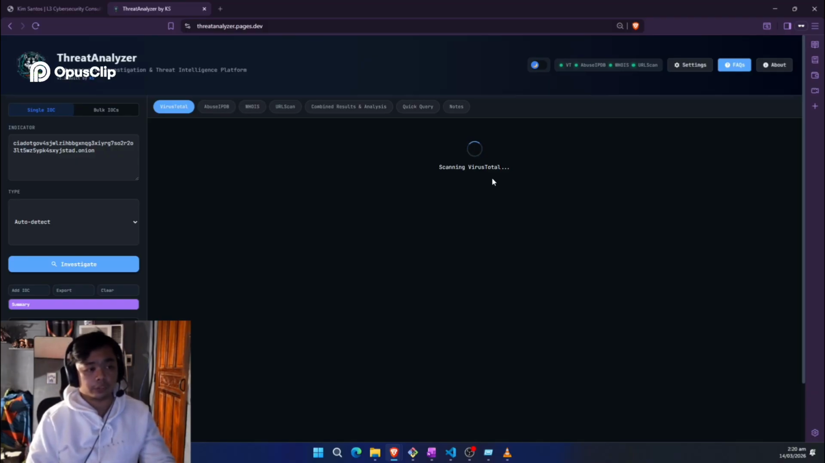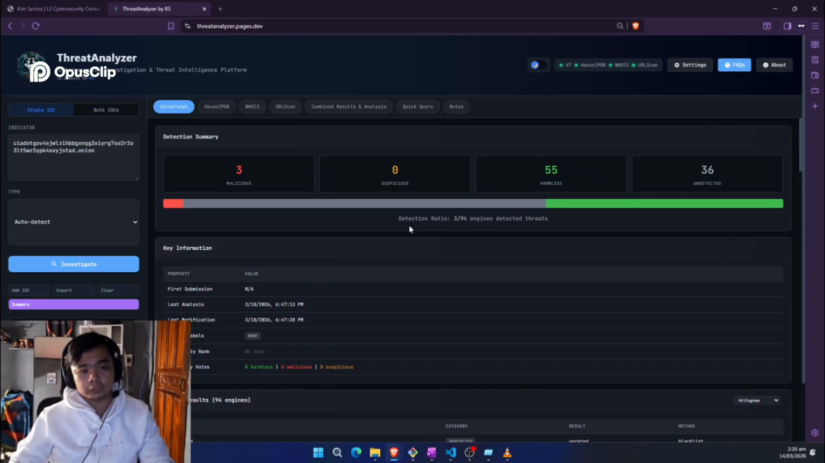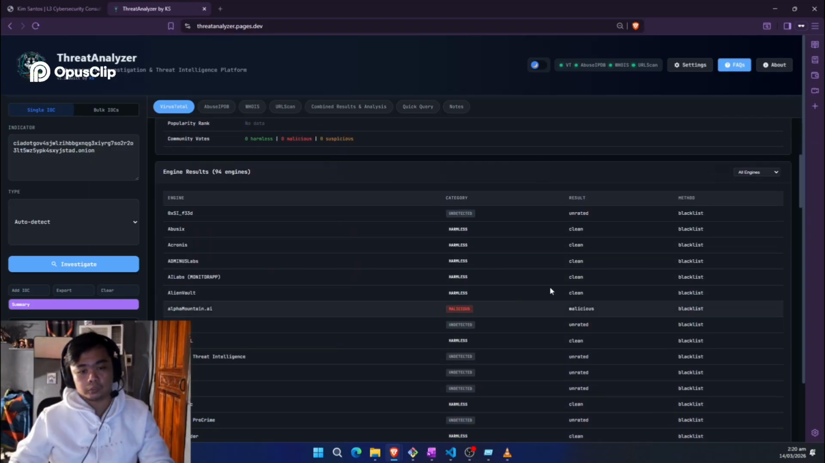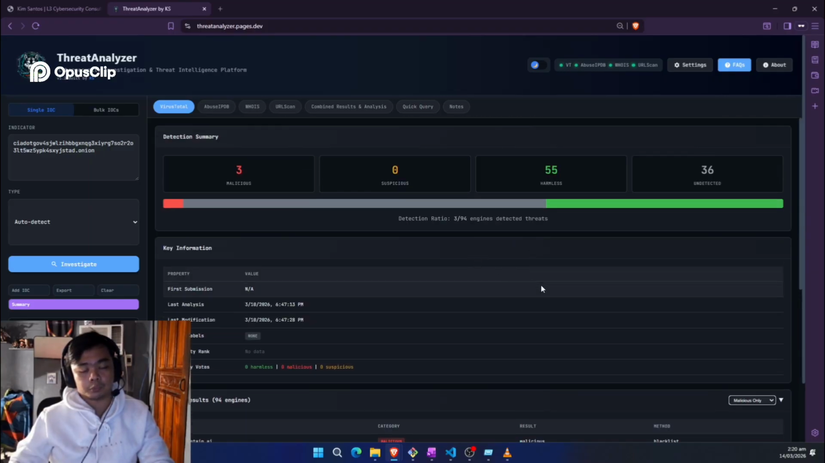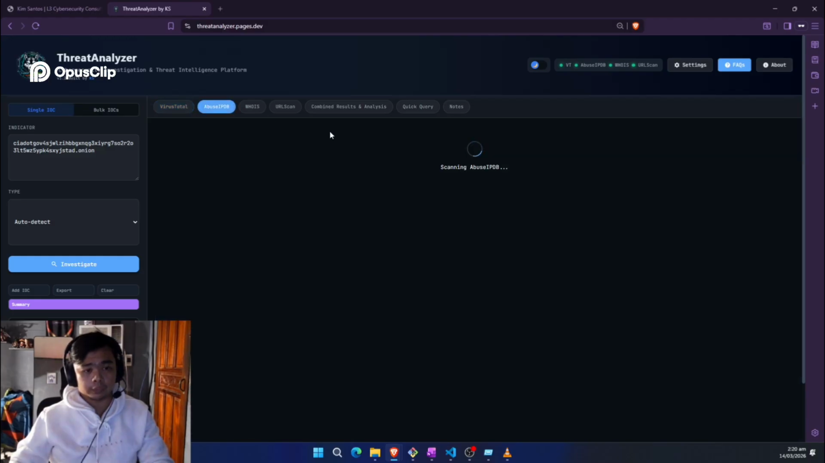Let's go and try this one. So it is malicious. There are 3 malicious, harmless. Not often do we get a feature-rich result from this IP. I think AbuseIPDB doesn't